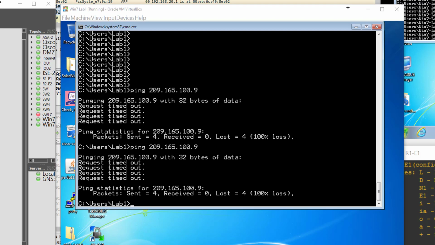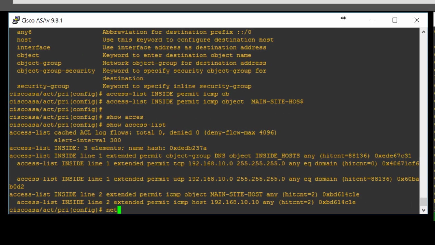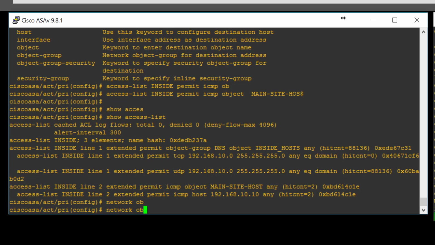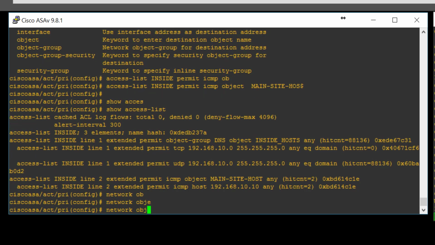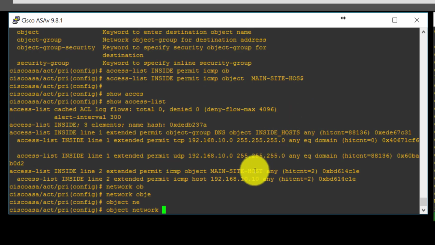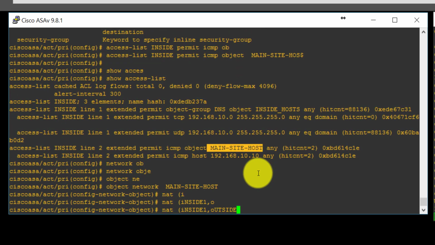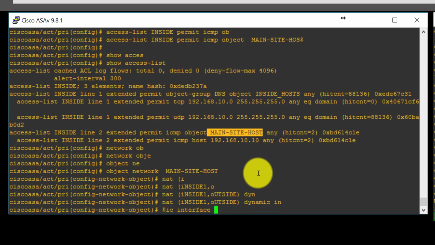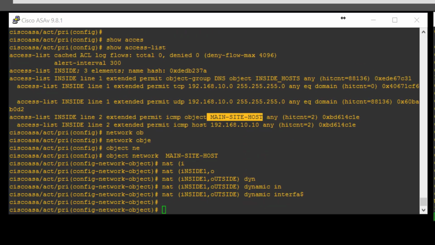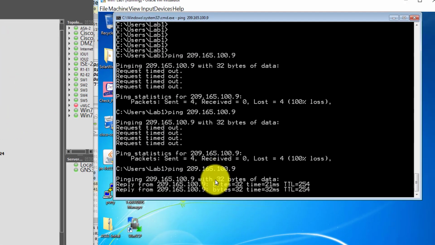So if we go back into that object network, and we just do a NAT inside, outside, and we'll do dynamic interface, which is essentially PAT, and we try again, we can see now that